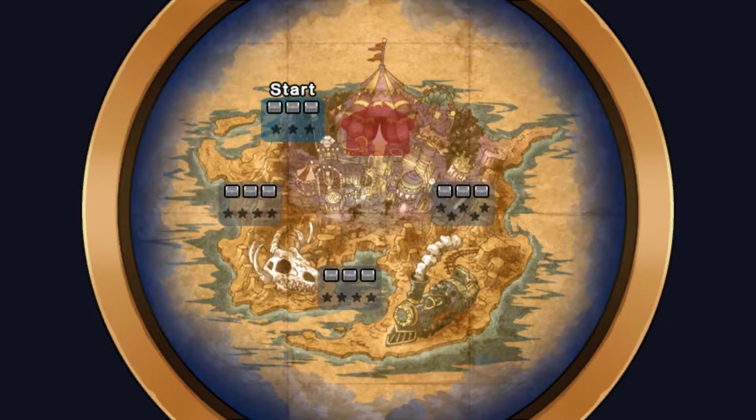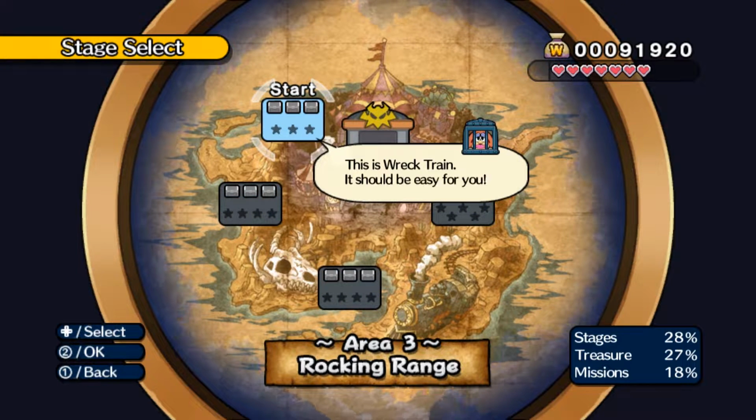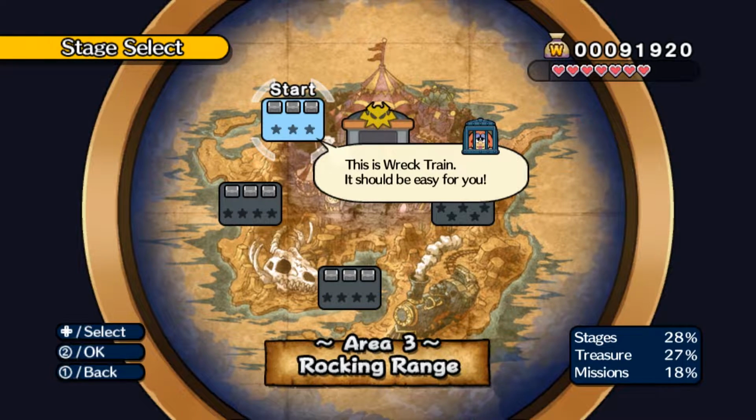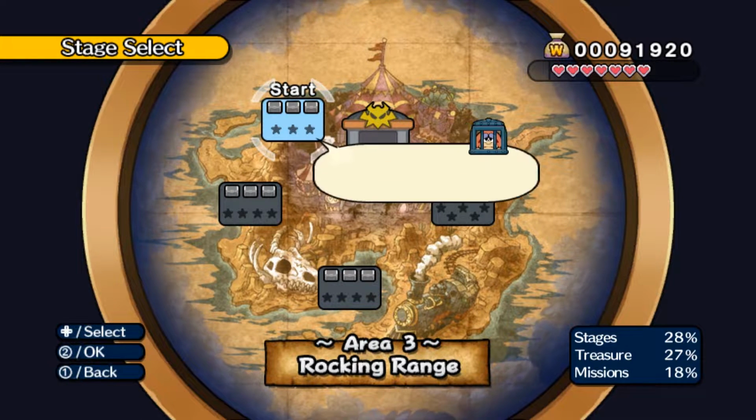Hello, and welcome back to Wario Land: Shake It, in which we're going to rock the range in Area 3, the Rocking Range. And as you can see, the area design is so simplistic. We just finish the first level, and then we can go straight to the boss room. I mean, it's just right there. It's so close. It should be easy for us to do that, but of course, it won't be that easy